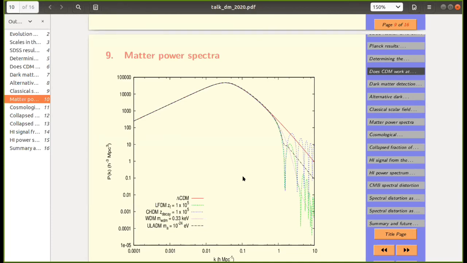So actually in the talk, David Moss and Vivian both pointed out there is a recent Lyman alpha paper by Hiranya Peiris's group. This even put the most stringent constraint on ULA dark matter. It came down below 10 to the minus 22. So only 10% or 5% of fuzzy dark matter is allowed. So it will be very good to see that.